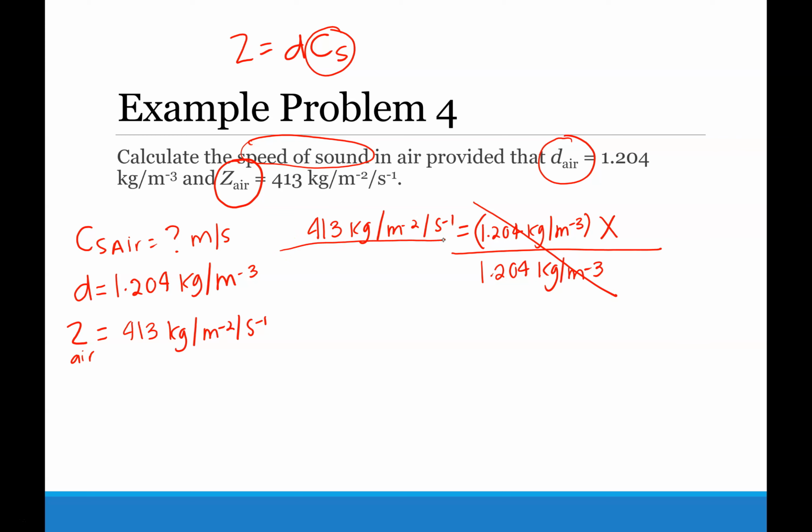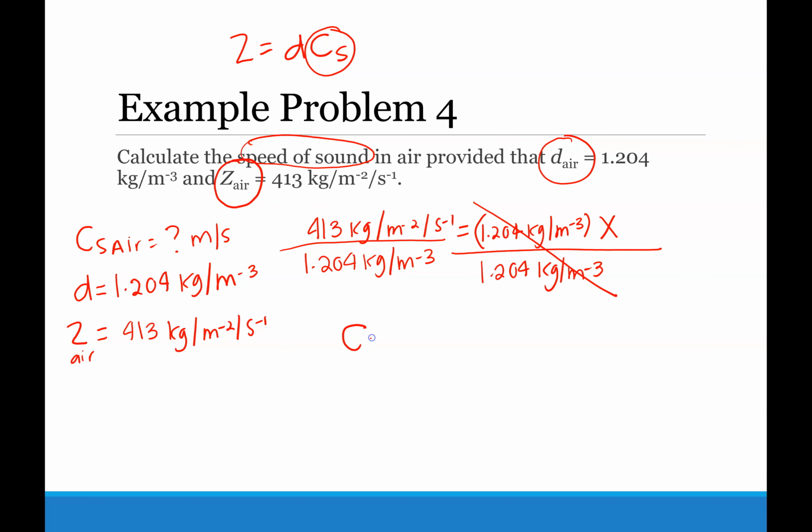And so what you do to one side, you have to do to the other. So divide it by 1.204 kilograms meters minus 3. So in your calculators, it's a pretty simple mathematical equation. So 413 divided by 1.204. And so getting out of scientific notation here, because this is a small number,